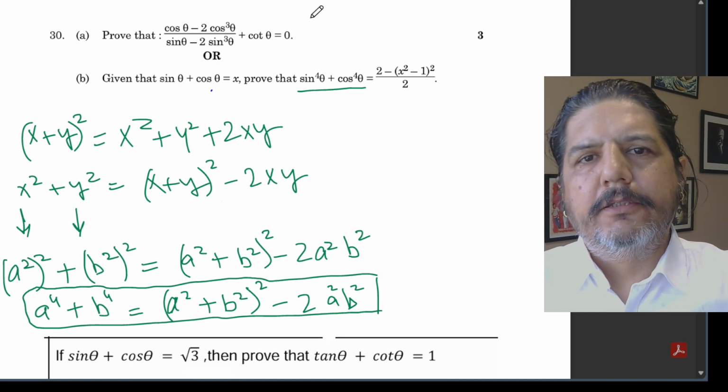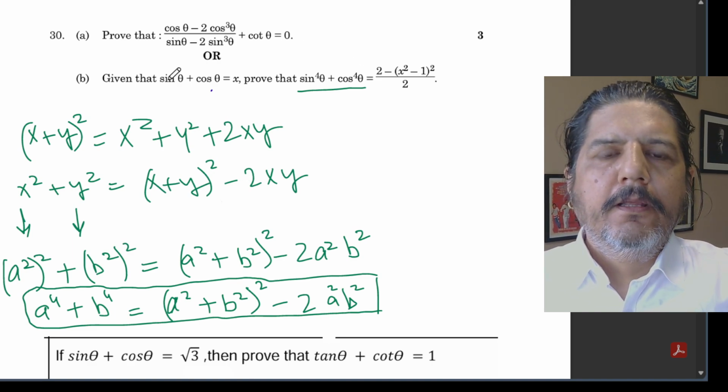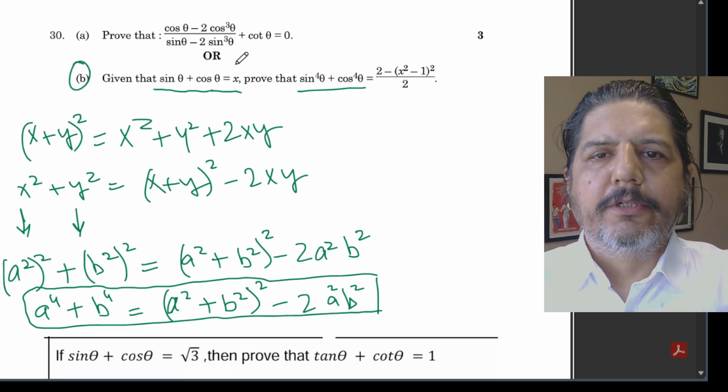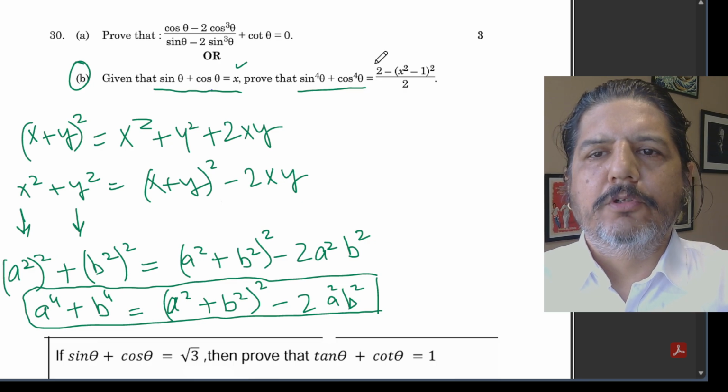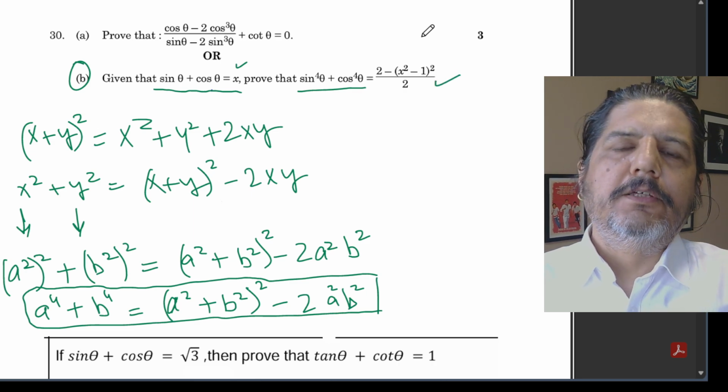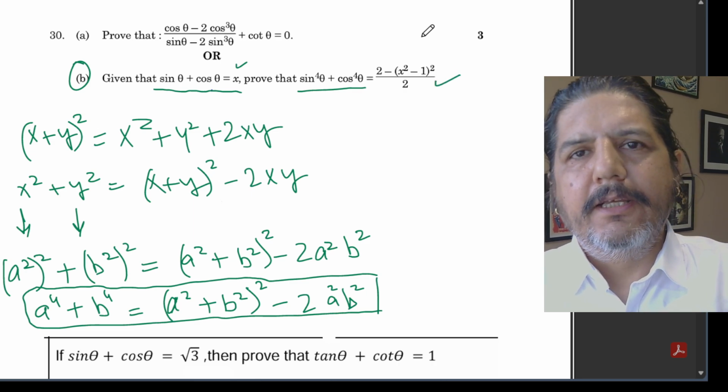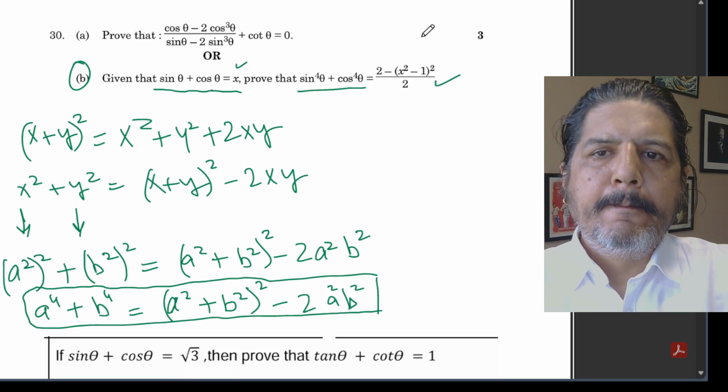Let's start with an interesting question. Sin theta plus cos theta is equal to x. Prove that sin^4 theta plus cos^4 theta is equal to 2 minus (x square minus 1) whole square upon 2. See, there's one thing which I'll be repeating again and again during this long lecture is that, proving